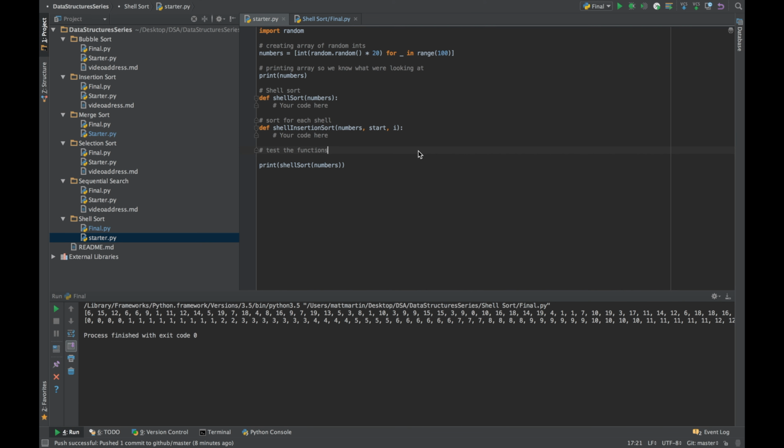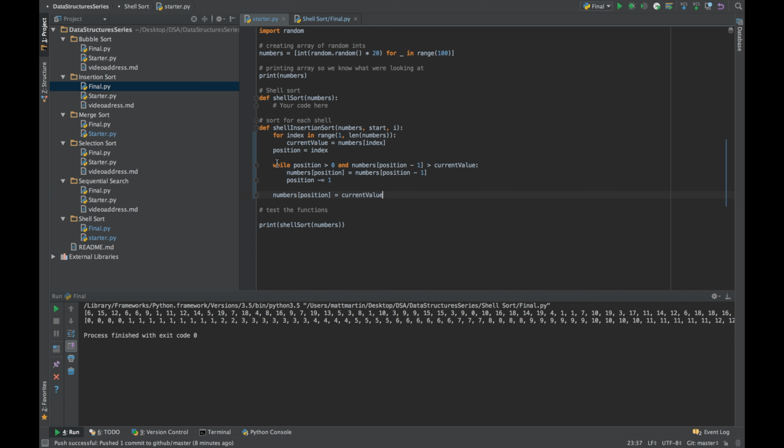Well, we're going to start with a template from the GitHub account again, and as you can see, it has two functions. The first is the overall shell sort, and the second is our shell insertion sort that will run on each shell. Okay, so I'm going to start with our sublist sorting function here. Now, as you can see, I'm just cheating by copying our insertion sort code from the insertion sort problem into this function,